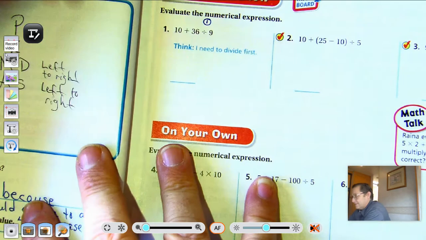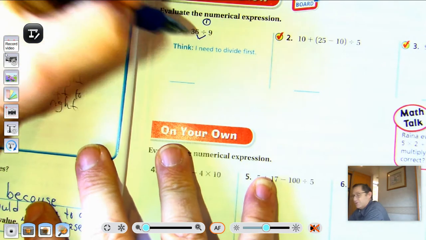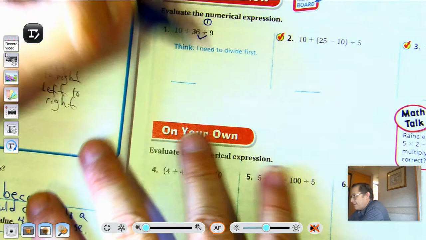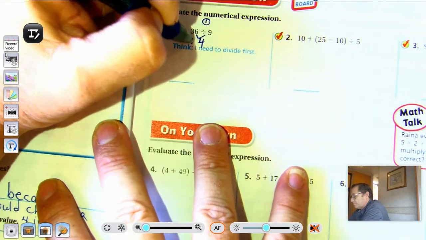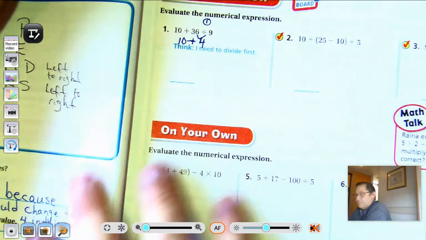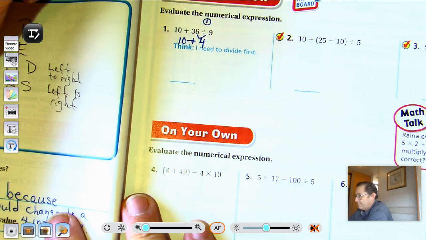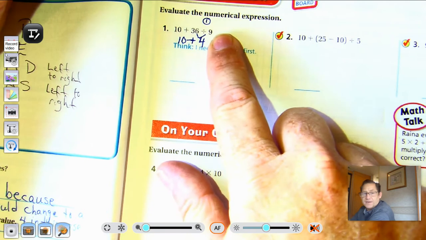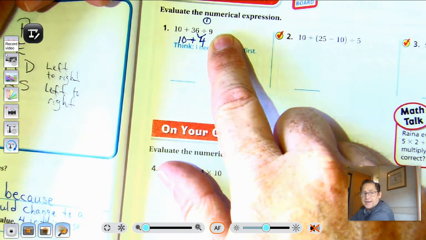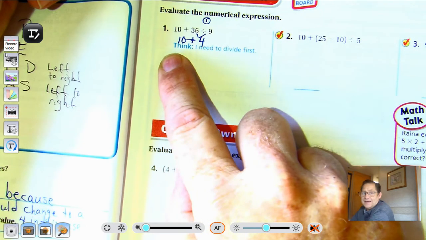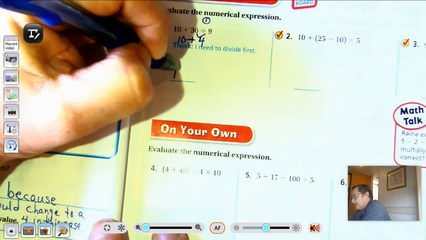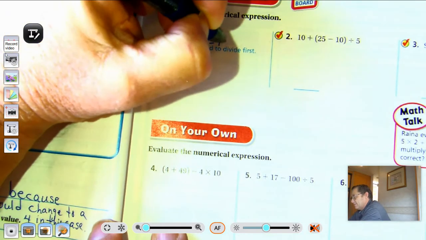So what is 36 divided by 9? 36 divided by 9, that's a basic math fact, is 4. And then we're left with 10 plus 4. Okay, so the 4 comes from dividing 36 by 9, and then we still have to add the 10. So 10 and 4 is 14. All